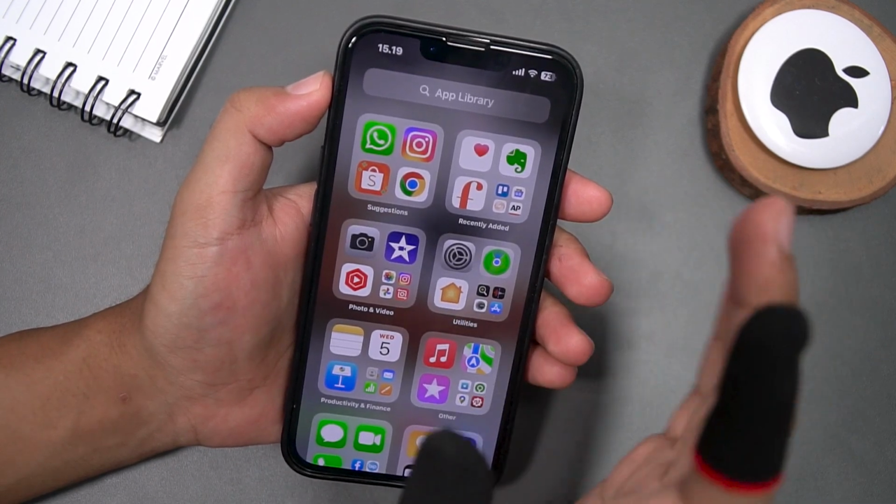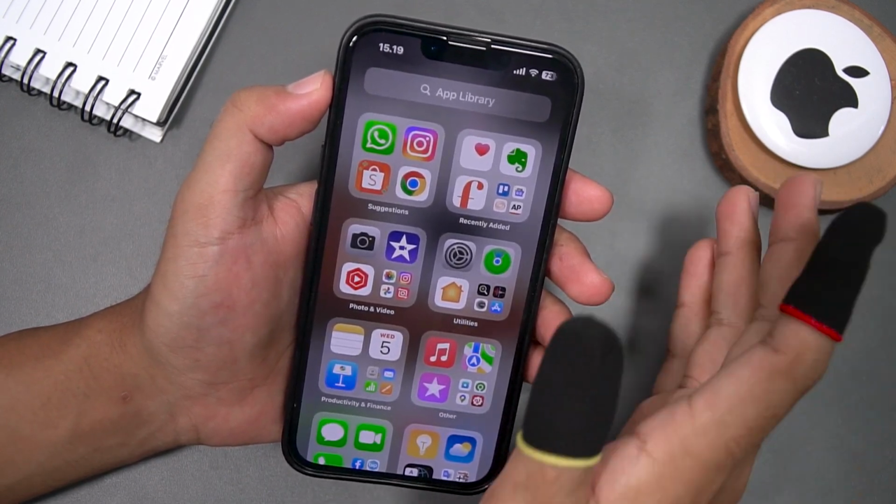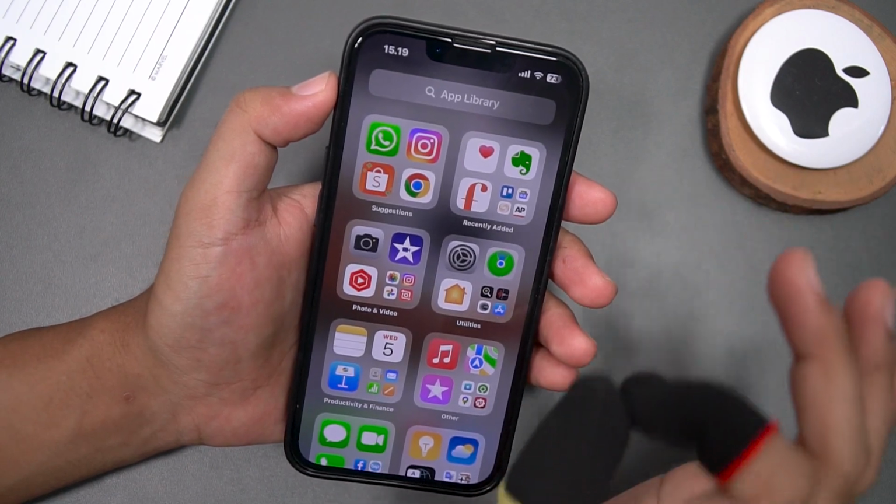Hi there! Today we are going to show you how to use the iPhone screen time feature to monitor and